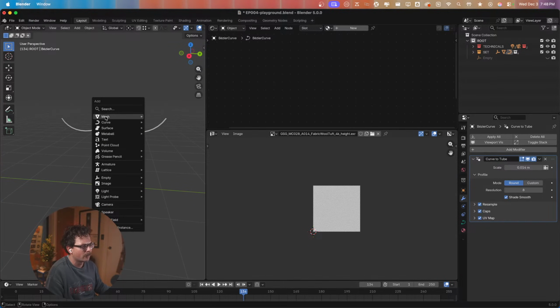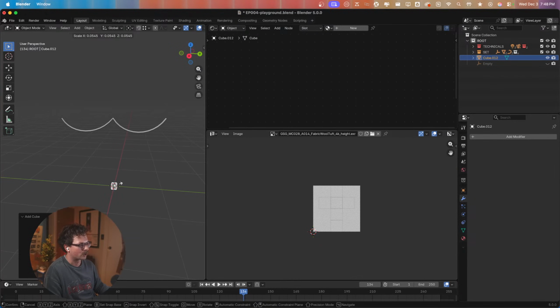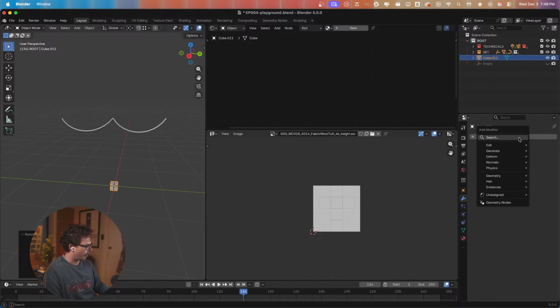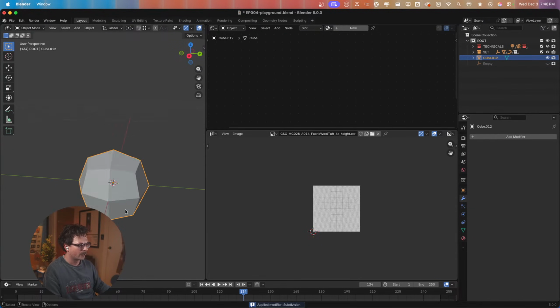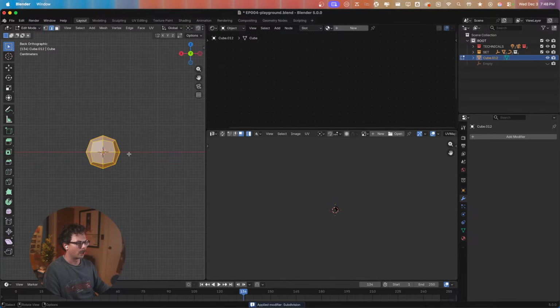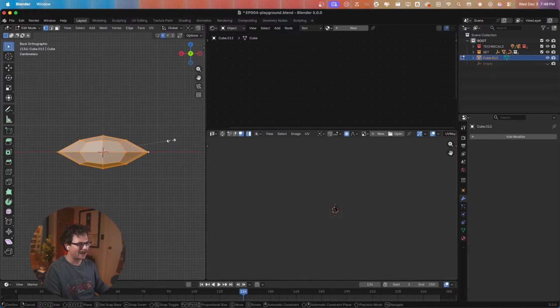So I'm going to hit Shift A, go to Mesh, and just grab a cube. This is what I like, and I know you can do this with a round cube. I'm just being annoying about this. I'm going to add subdivision surface and apply that. And now we have a nice little round cube. In the x-axis, we're just going to scale this out a little bit. We can drag this, and it's just a nice looking